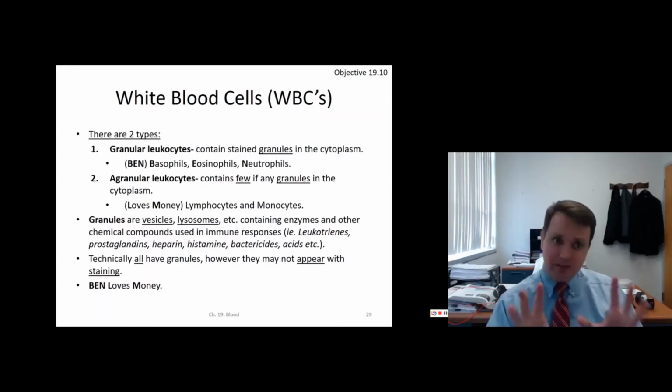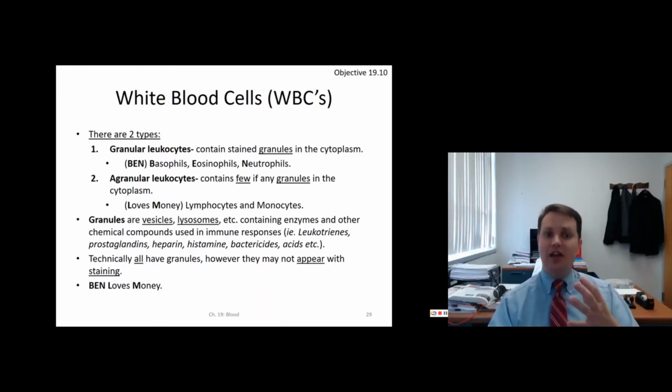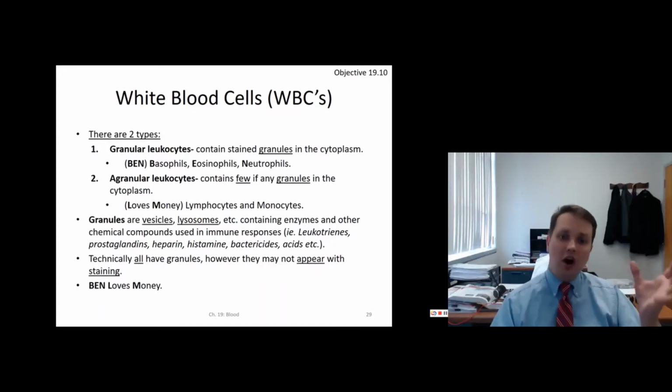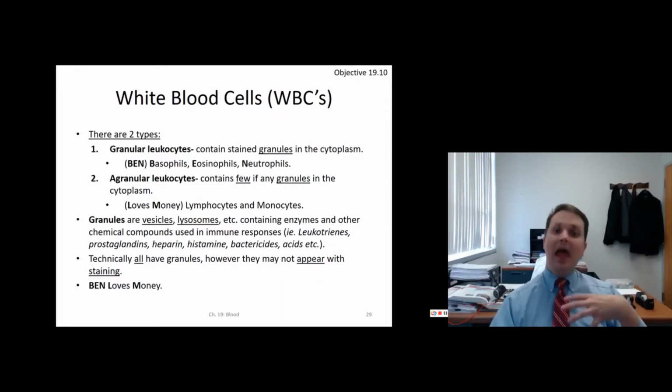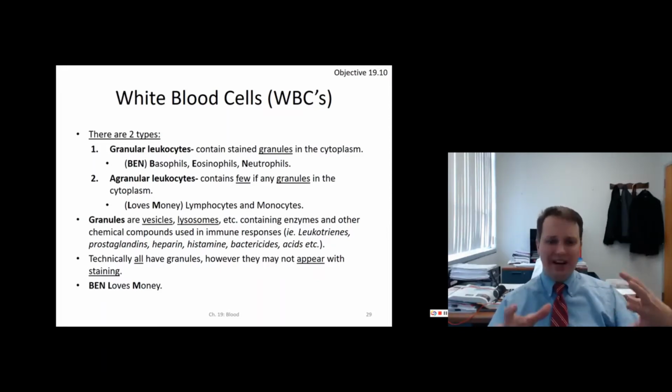This is important. Granular leukocytes contain stained granules, the granule stain. Now remember, it's Bin granular. Think of our white blood cell terrorist, Bin granular. Bin granular is our granular leukocytes: basophils, eosinophils, neutrophils. Agranular loves money: lymphocytes, monocytes. I forgot to make the L and M